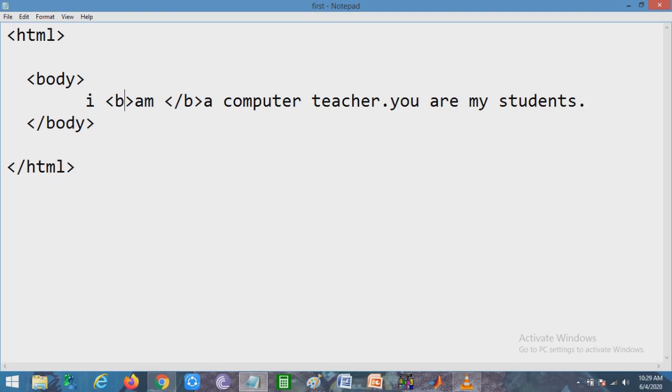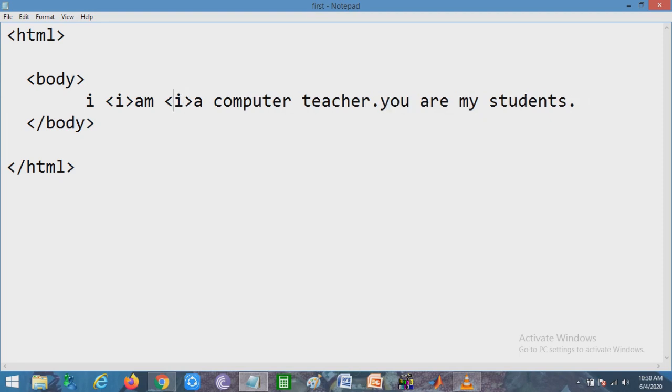Now we have already learned about bold. For italic it is the same thing. B for bold, I for italic. If we want to make a word, sentence or letter italic, you may use the I tag.